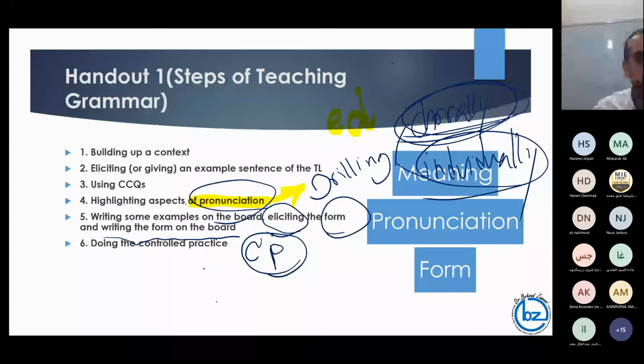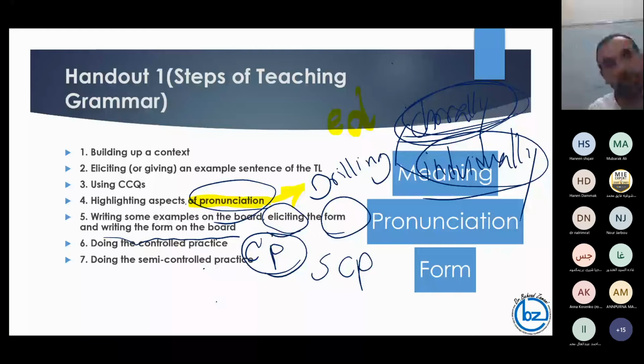And it still is not the matter of production, because after this part, they want to do some semi-controlled practice, or SCP. In this part your students will be given a chance to have half production. For example, you can show them a picture again from the context that you have created from the beginning. For example, teacher Behzad, and then show a picture, and your students say that Behzad, for example, studied some